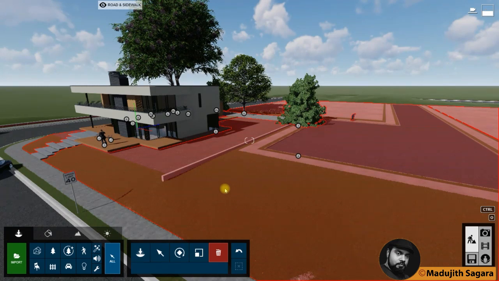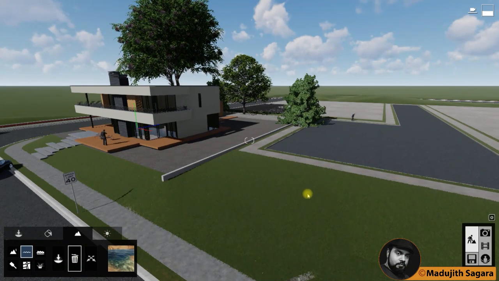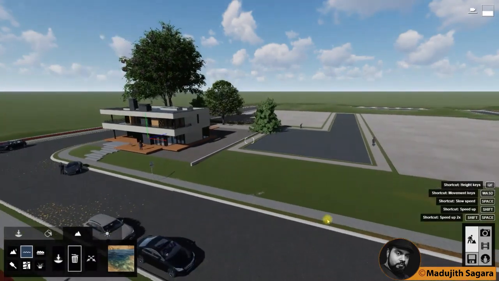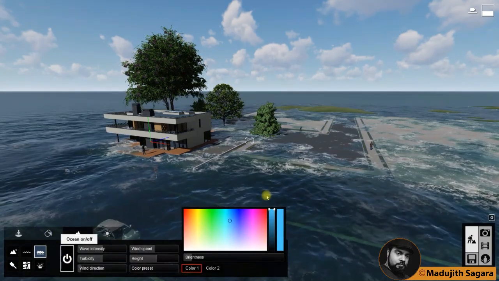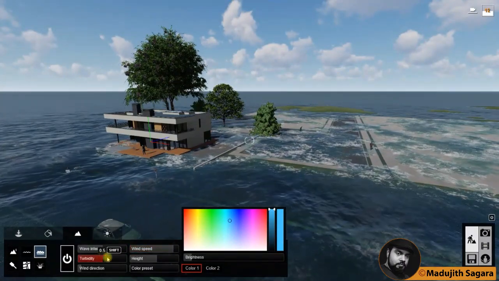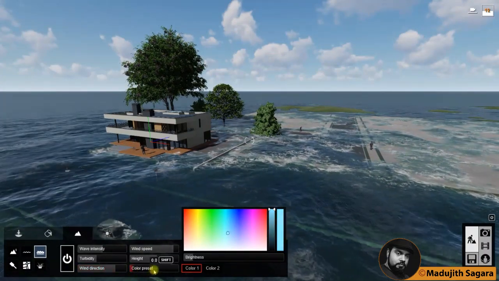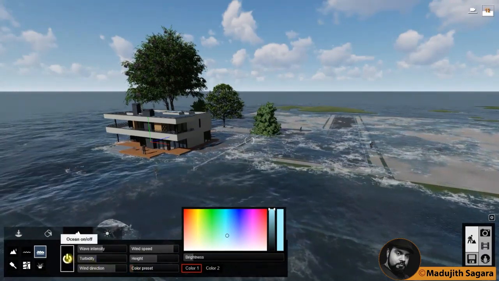And also there's another important tool with Lumion, that is called the landscaping tool. Using that, you can add some additional landscaping to your project. For that, go to the landscaping tool and using one click, this can create the entire ocean. I will show you now. Go to this ocean and turn on the ocean. Now you can see the whole area becomes an ocean. You can increase and decrease so many things, and these are called ocean settings. Okay, you can use it if you need. If you don't want it, you can turn off the ocean.